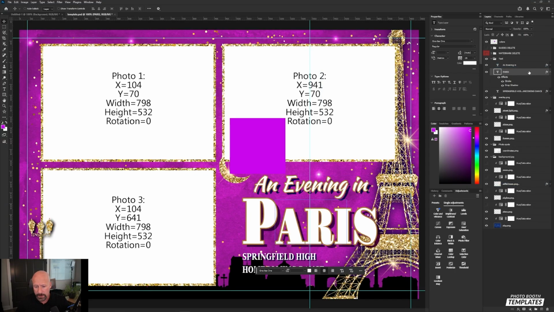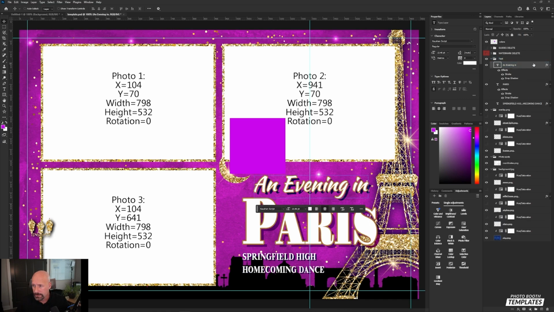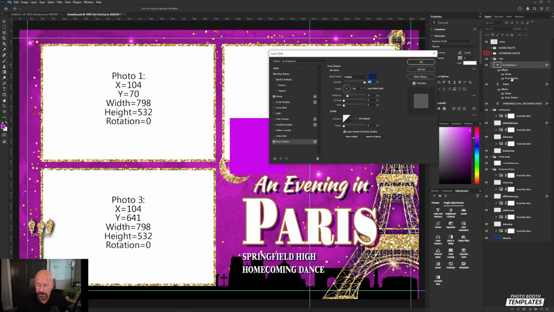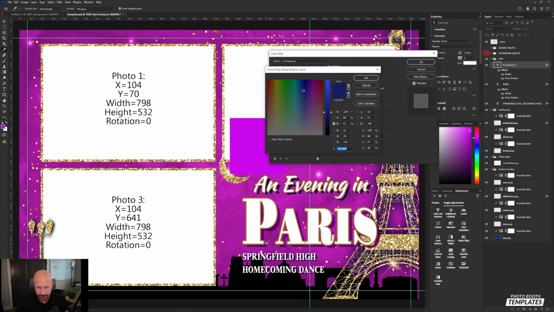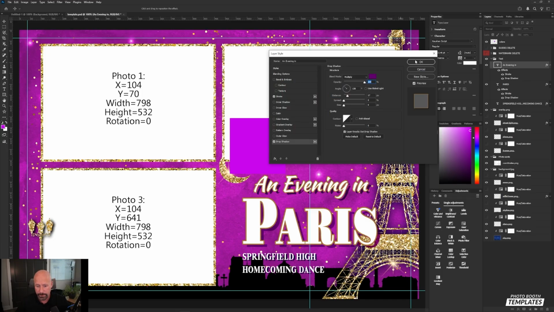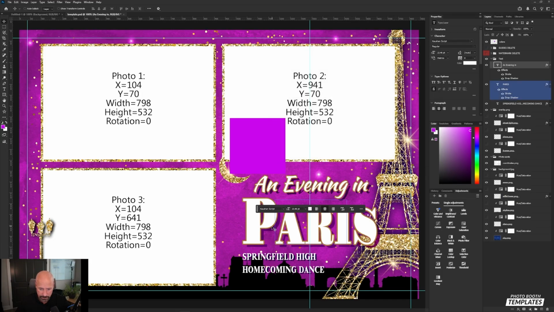Oh, man, I grabbed the wrong one. Let's try that again. Drop shadow. And you can double click on any of the specific effects and that will open up selected for you, which is always kind of nice. So let's try this again. Grab that purple. There we go. I do think it might have grabbed a little darker purple. So